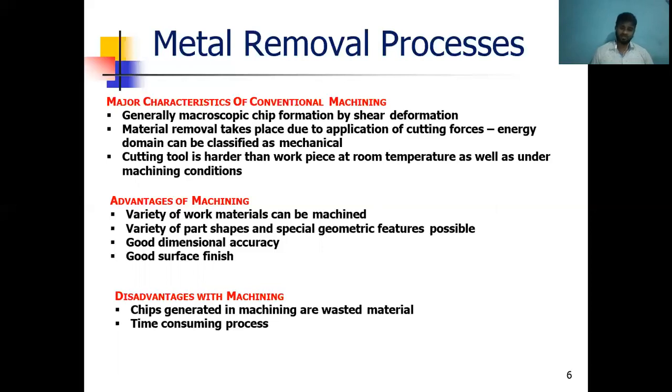Based on the characteristics, we can define the disadvantages also. Chips generated in machining are wasted material, because we have to achieve a different shape and size of the material, and it is a time consuming process, of course. Bulk production and bulk manufacturing also have different time consumptions,